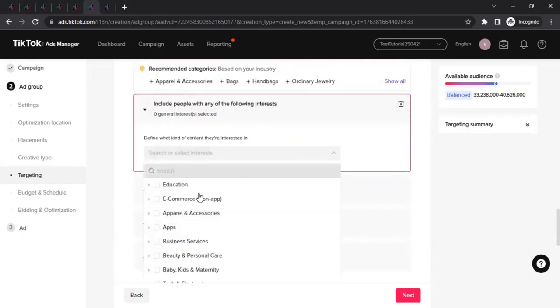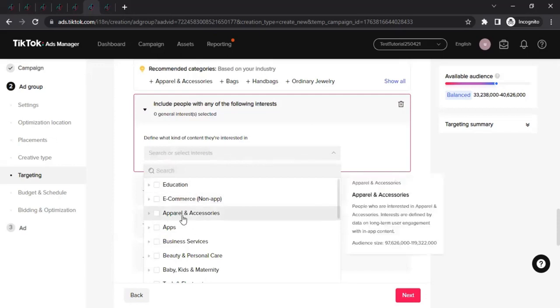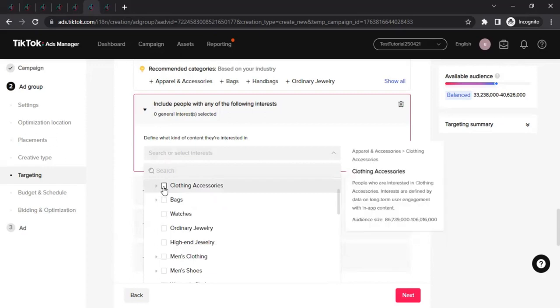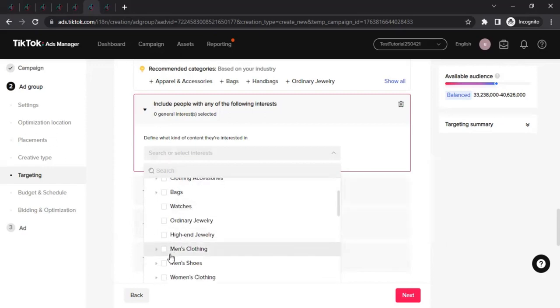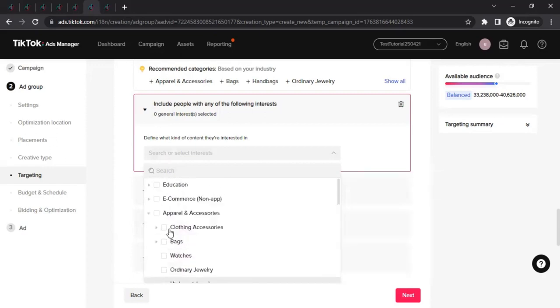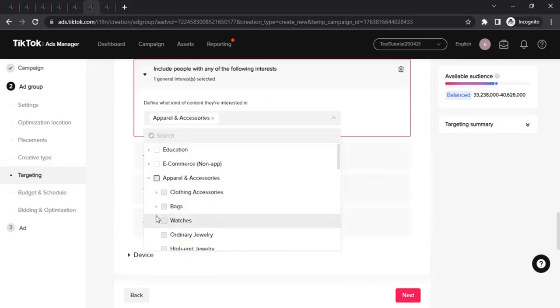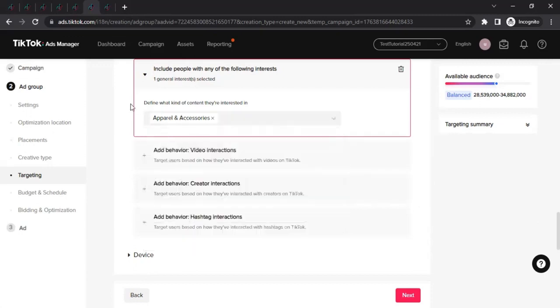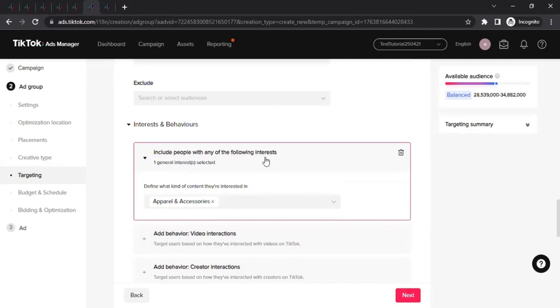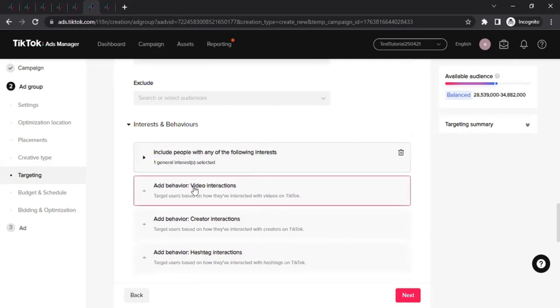I click here, and let's say I want those people who are interested in apparel and accessories, basically interested in clothing accessories, or I could just select a subcategory as well. But let's say I'm only interested in apparel and accessories, and I only want to target that. You could do multi-select here as well, just tick mark, and the entry would be added here. Once you're done with this interest, you can click on the next one,